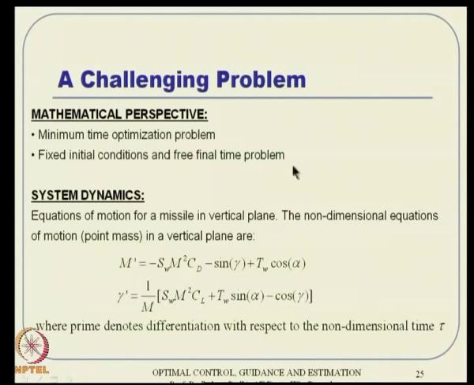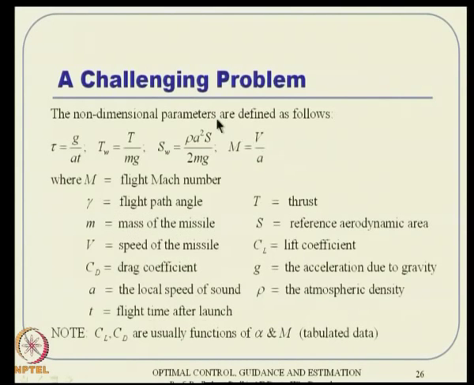From a mathematical perspective, it is actually a minimum time optimization problem, but that is typically difficult, and we will see that later. Minimum time problems involve bang controls and things like that, we will see that later. Now the system dynamics associated with that is given like this, where I assume that some of you will have an appreciation of aerospace problems. M is Mach number, gamma is flight path angle, alpha is angle of attack, TW is thrust and so on. This is also in a normalized form, and the variables are given like this. So the system dynamics is already in normalized form.